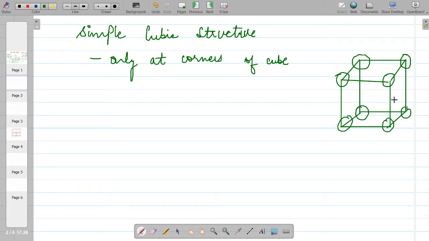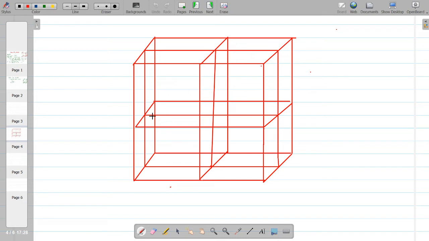So if you repeat this unit cell, that is, if you place one simple cubic structure here and one cubic structure here, and so on in each direction, then you will get the complete crystal structure. So in the simple cubic structure, the main thing that you should know is that the atoms are present only at the corners. Let me show you one diagram. Can you see this diagram? I have drawn the simple cubic structure in 3 dimensions. That is, I have repeated this simple cubic structure many times.